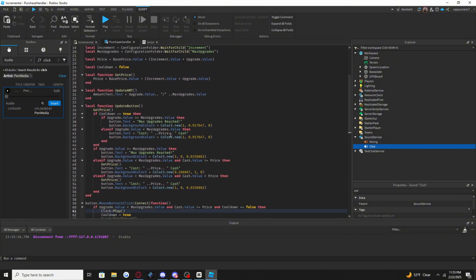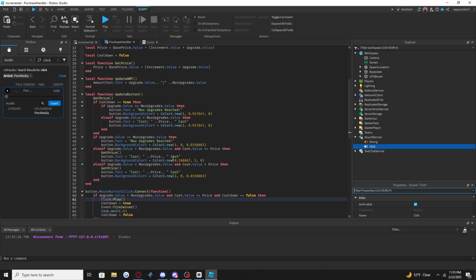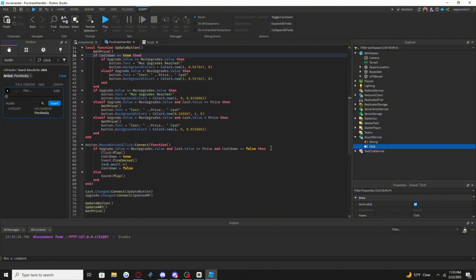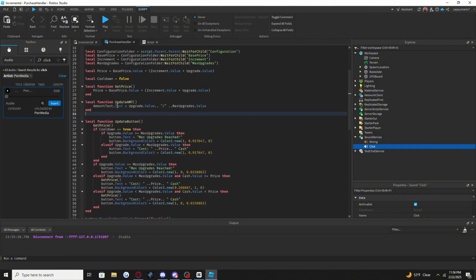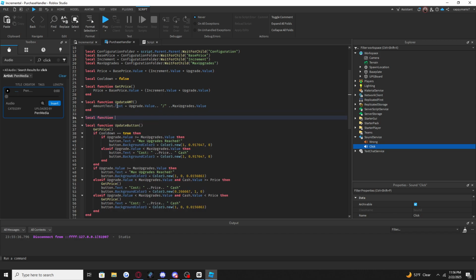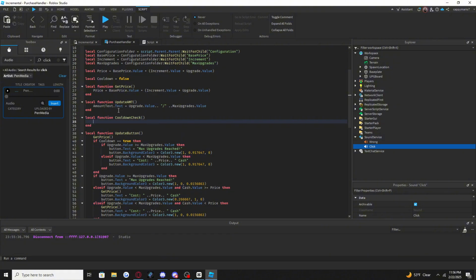Now, one more thing I want to add, this is to prevent people from getting multiple upgrades for free. One thing you want to add is if cooldown equal true, then you want to actually do something down here where, I'm sorry, I'm losing words right now, but okay guys, what we're going to do is add another function called local function cooldown check. Inside this function, we're going to do if cooldown equal true, then